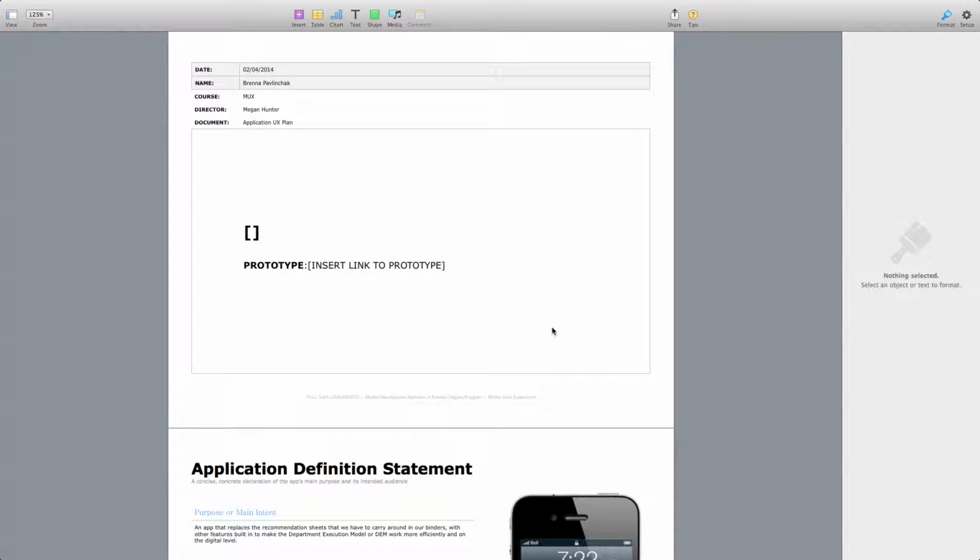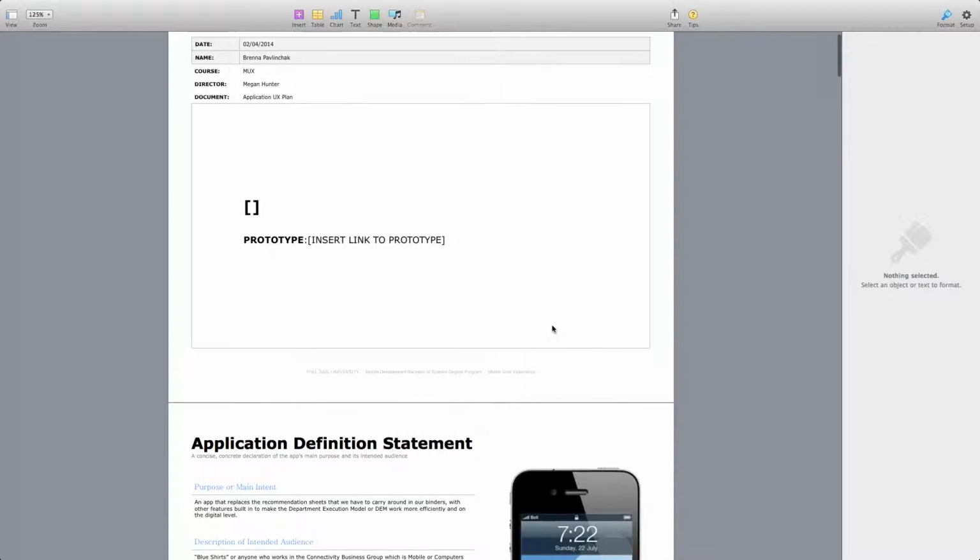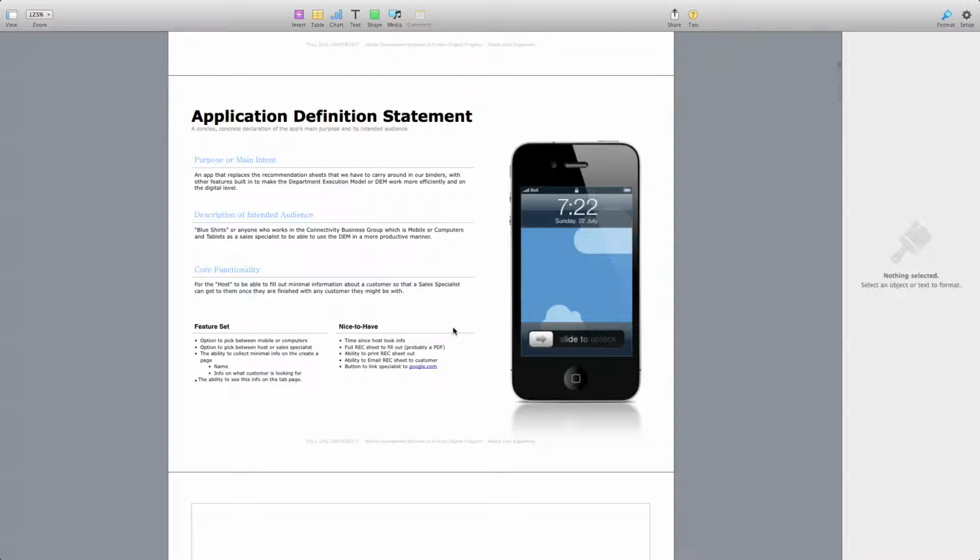each blue shirt is supposed to fill out what we call a recommendation sheet. I am attempting to make that completely digital so that, as what it is called, the DEM, or the Department Execution Model. So if we are really ridiculously busy, there's a host who goes around, greets everybody, gets an idea of what they are looking for, maybe shows them, hey, a wire's over there, or a case is over here, etc. Or gets their name down so they can get more information about a phone or a computer or a tablet. So right now we're doing it all with,